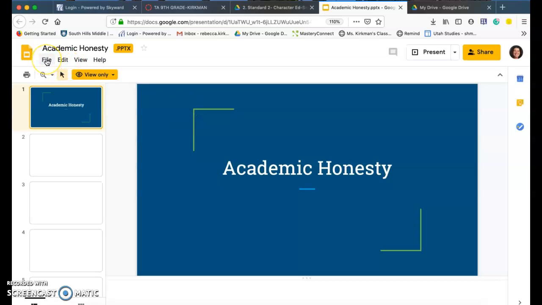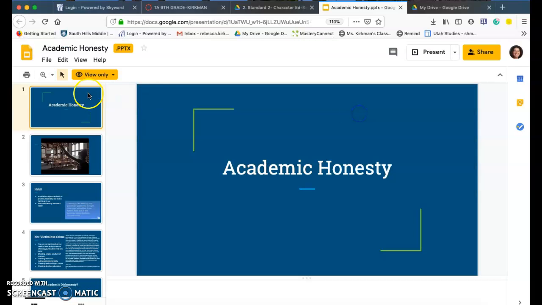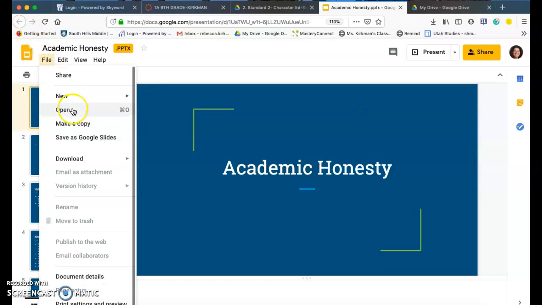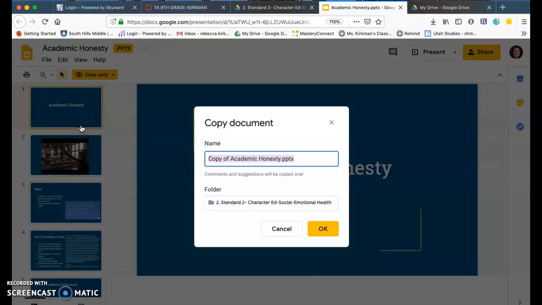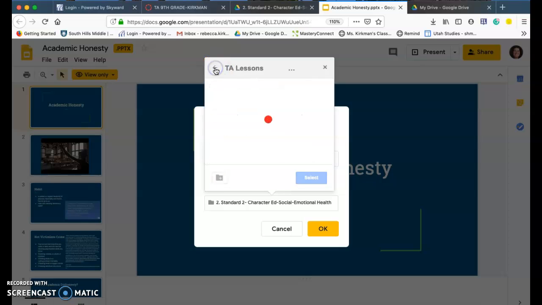And then this is set to view only. Okay, I don't care about that right now. And I'm going to go to File, Make a Copy. So here it's saying, make a copy in that folder. I don't want it to go there. I want it to go to mine. So I click on this here, and I'm going to hit back,